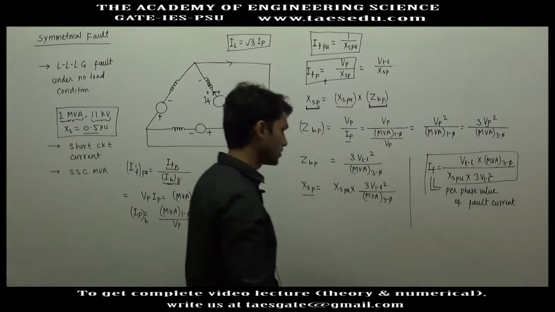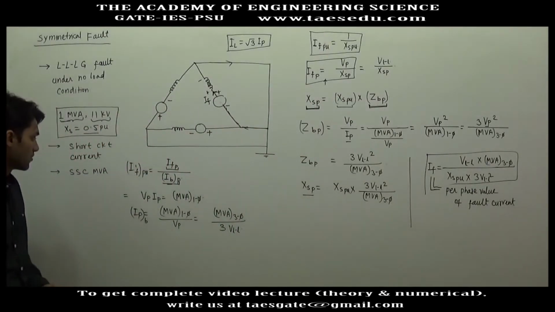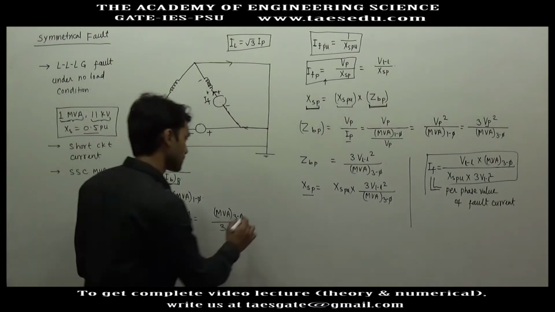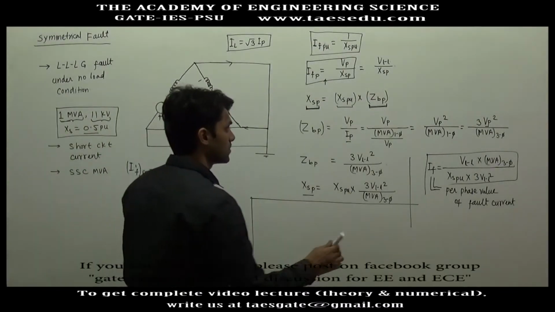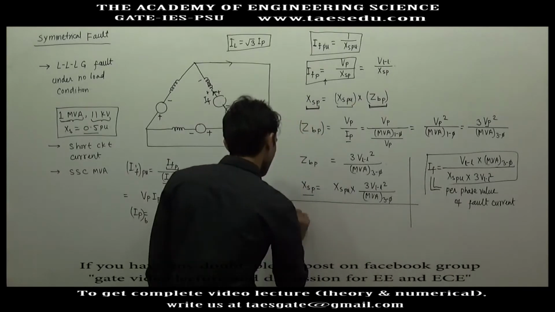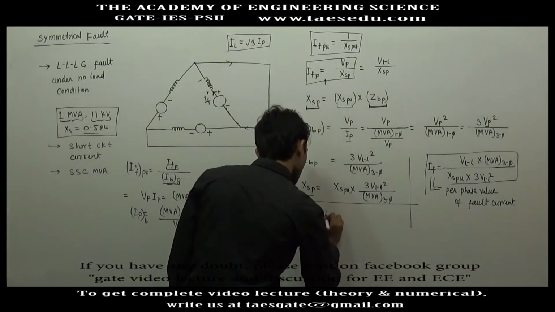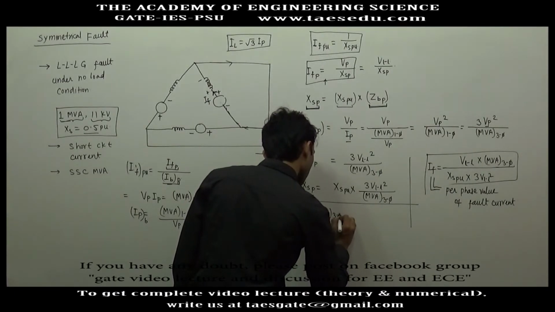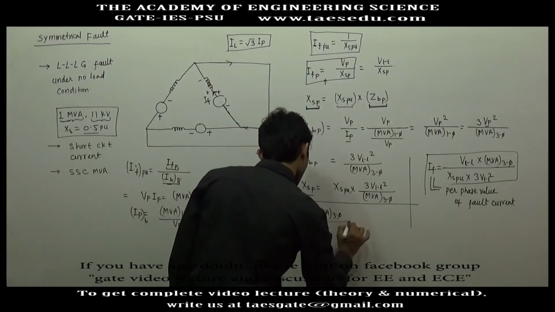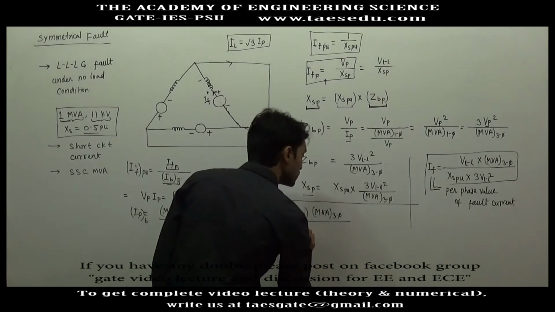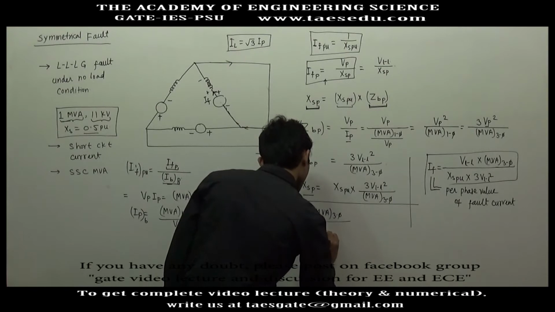If you divide these two quantities, you will get the PU value of fault current. Here you have the actual value of fault current, VLL into MVA 3 phase divided by XSPU into 3 VLL square